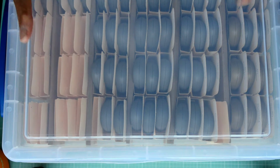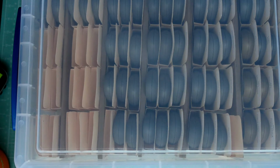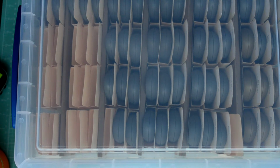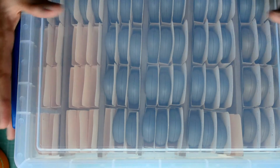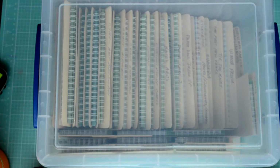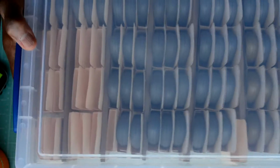I had put this together before I left Maryland, and I don't think I ever got to show it to you. It's how I've decided to store and organize my Cricut cartridges and my Cricut books. So what I have here is